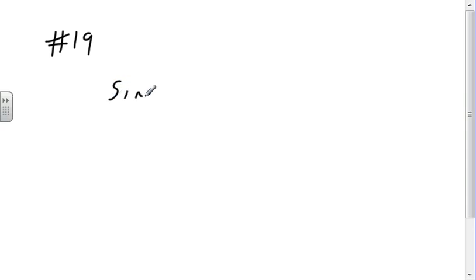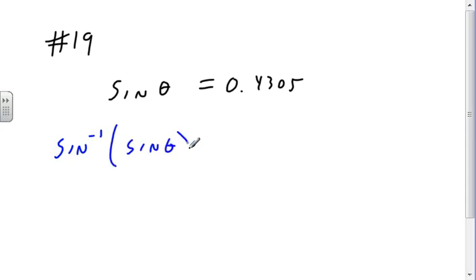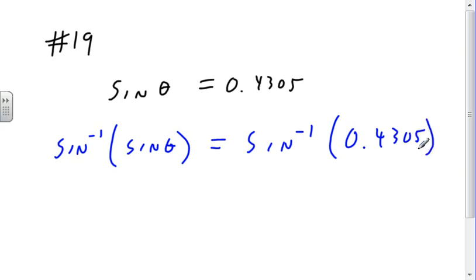I've got the sine of theta is 0.4305. What I'm going to do is take the inverse sine of the sine, so I'm taking the inverse sine of both sides of the equation. Now, I'm doing this in my head. I'm writing this down just to show you the math of the situation. So if I take the inverse function of the function, I get the argument. So I end up with theta on that side, and then I put in my calculator arc sine